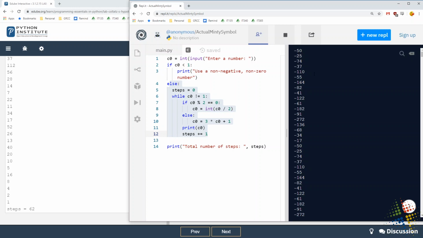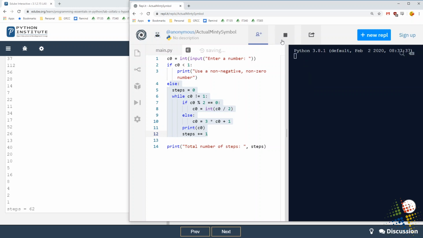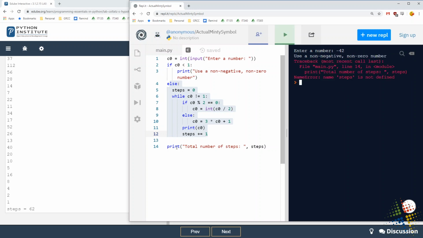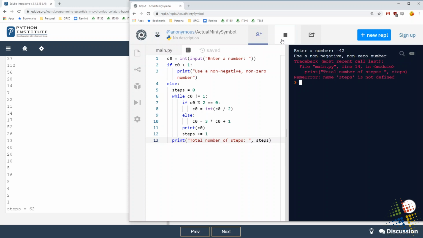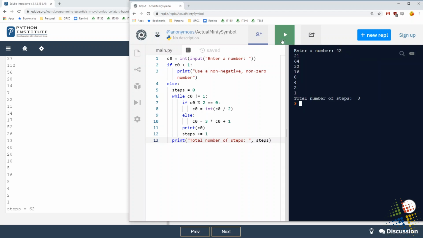So now if I try it, negative 42, non-negative, non-zero number, and you know what, this print statement should probably be indented as well. Let's try that one more time. Use a non-negative, non-zero number. Otherwise, if I try just 42, then it works just fine.